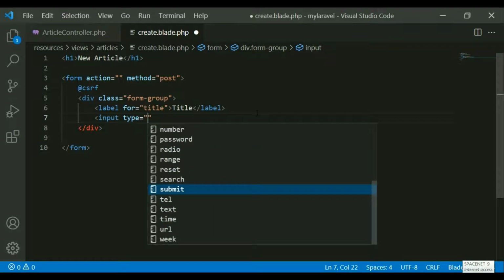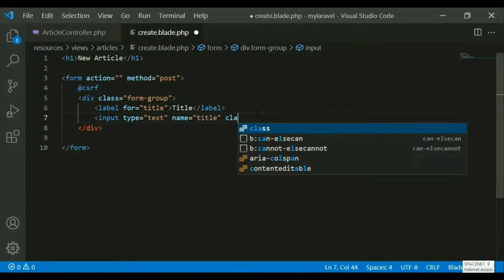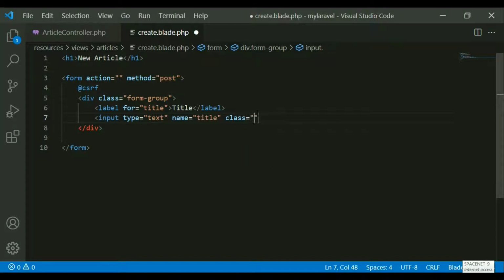So this is the text box I want to create, and the name should be title, and I want to use the bootstrap class, that is form-control. Okay, I think this is fine.